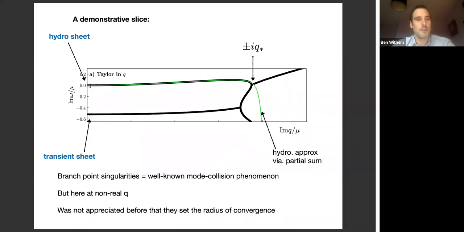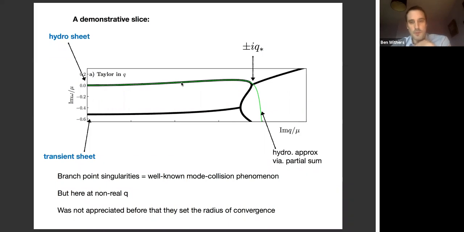So we have hydrodynamics, which is the Taylor expansion around this point on the hydrodynamic sheet. We have this branch point singularity at imaginary Q. We have the non-hydrodynamic mode, which is in general a pair of complex modes. And then we have this additional thing which kind of comes into the mix. If you were to look at the hydrodynamic expansion, so if you just took this naive sum of terms, summing Q squared to the n, and you did a partial sum, so if you took the first 80 terms and just added them together, literally, and you plotted that, then this will give you the green line. So clearly, this is the point at which it diverges, as you'd expect.